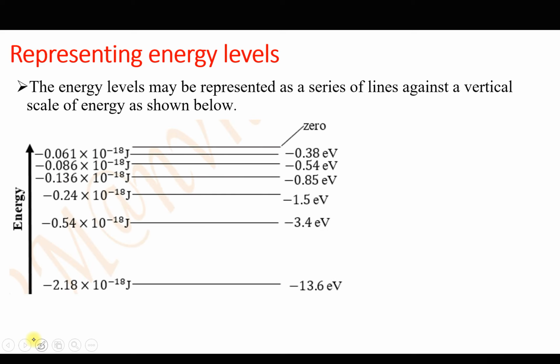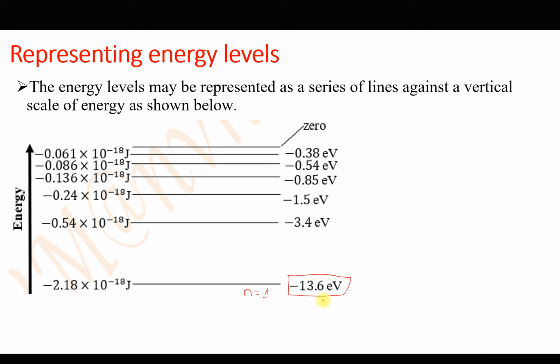We shall represent the electron energy levels as a series of horizontal lines, which are drawn against a vertical scale of energy. Each of these lines represents the energy which an electron in an atom can have, depending on the atom. We shall concentrate on hydrogen. Remember, the lowest energy level for an electron in a hydrogen atom, where n is equal to 1, which we call the ground state, was minus 13.6 electron volts,